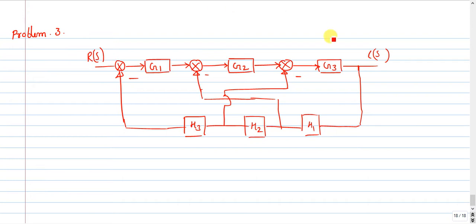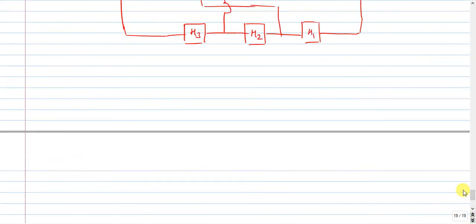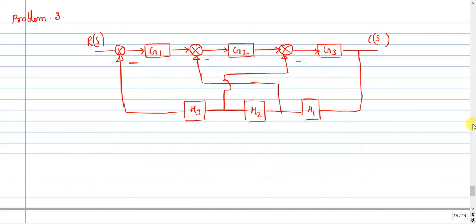So when you check here, observe here, my signal will flow from input to output, in this direction, and I have a takeoff. When you identify clearly, I have a takeoff point following in this direction, and one more takeoff here, so I will just neglect that for the time being, and it is moving to this summing point.